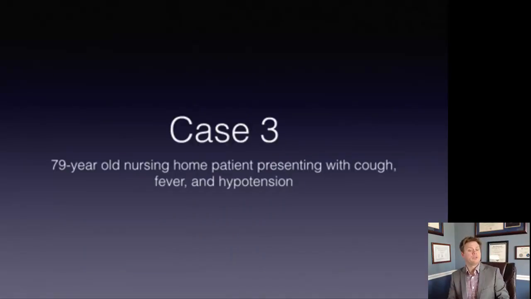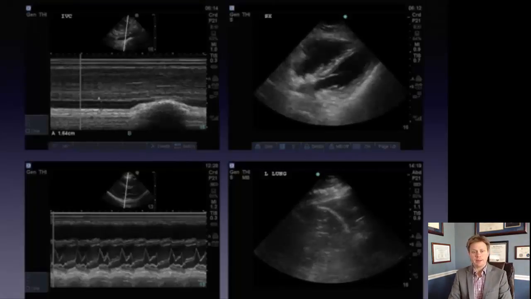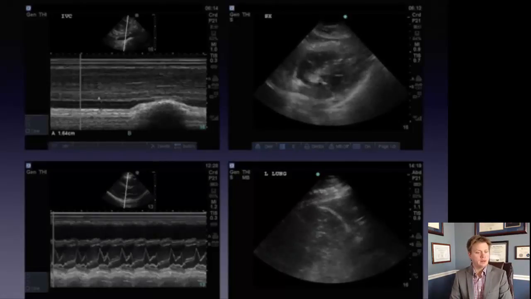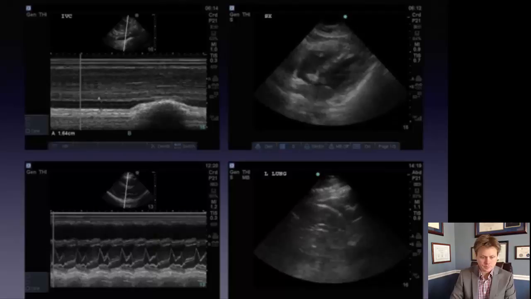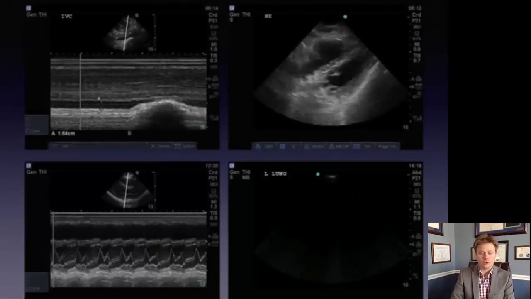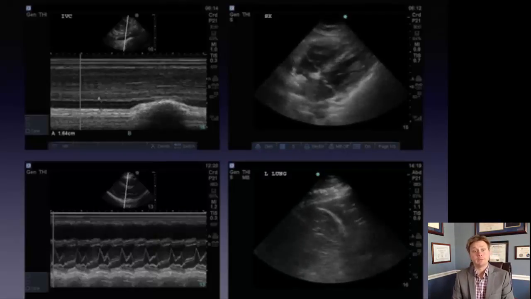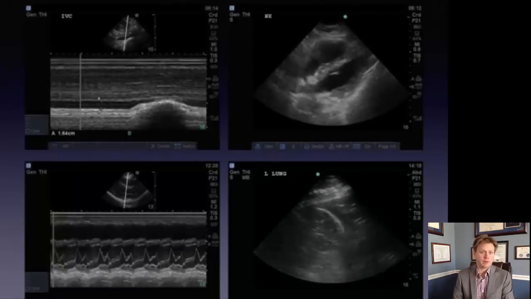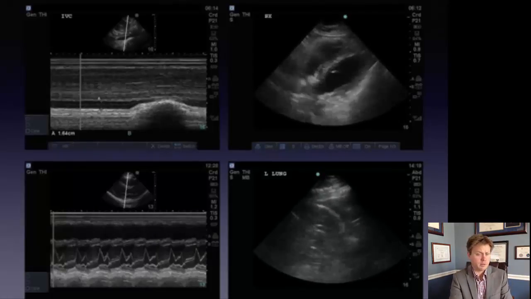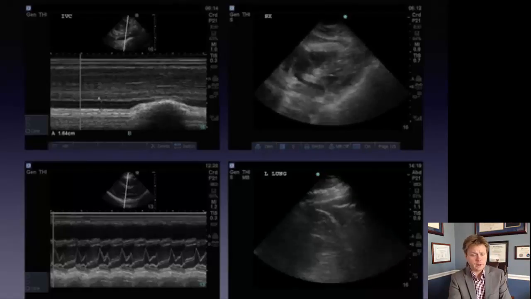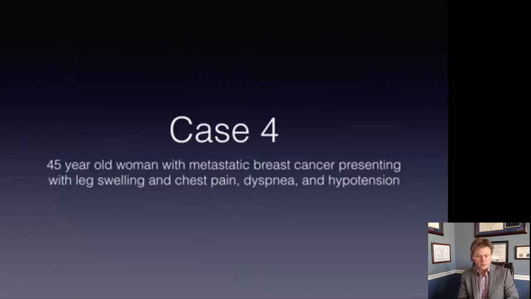Case 3, a 79-year-old nursing home patient presenting with cough, fever, and hypotension. We have an extremely hyperdynamic heart, an inferior vena cava that collapses completely with normal inspiration, and a lung ultrasound which shows actually consolidation of a lobe. So she is septic from pneumonia. And again, this is all done at the bedside in the first 5 or 10 minutes of the patient being there. So case 4